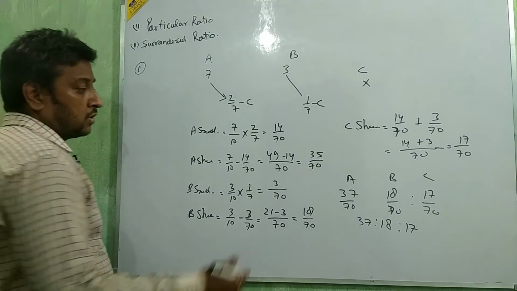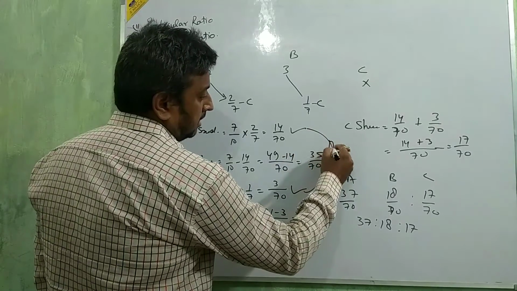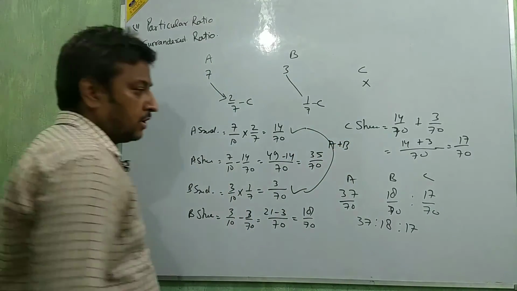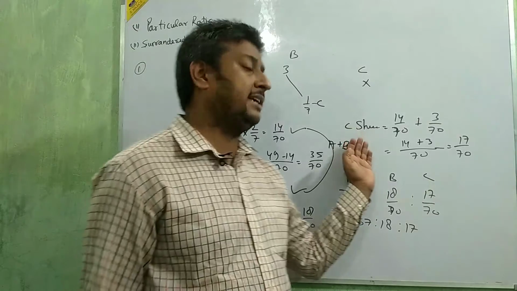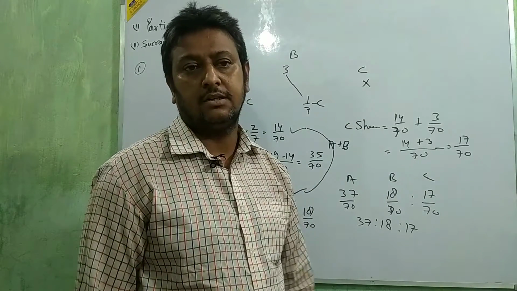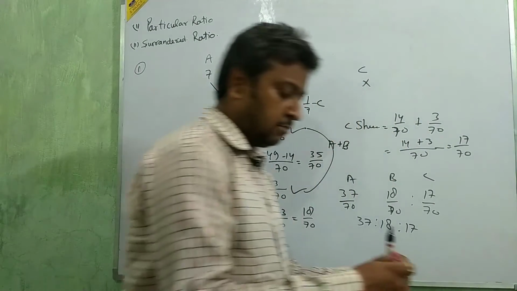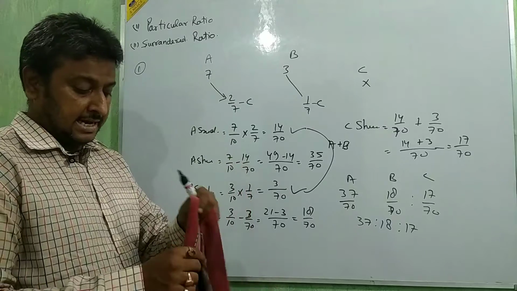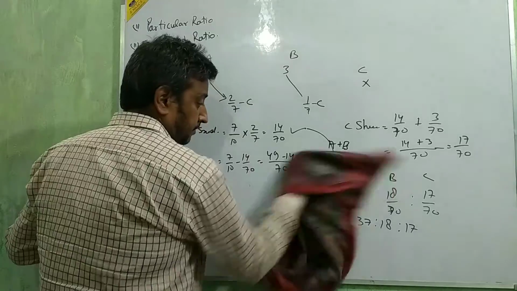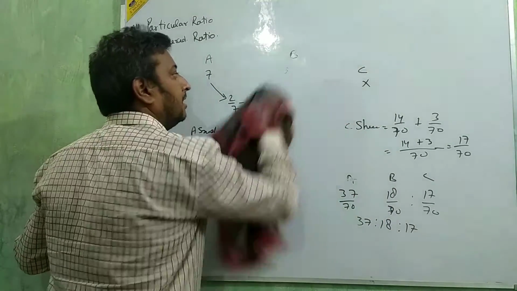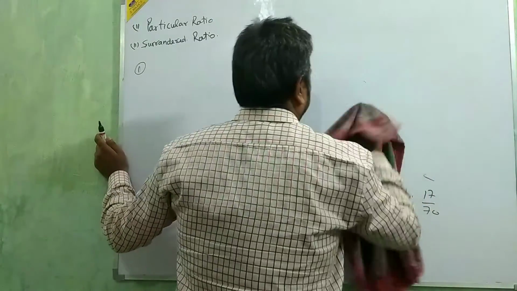And then we are going to calculate the surrender of A and B. Okay, we are going to calculate the surrender of A and B. By that we are going to calculate C's share easily. Okay, clear? Okay, I will take one more question, and then after that we are going for entry also. One more question. I think it's clear.